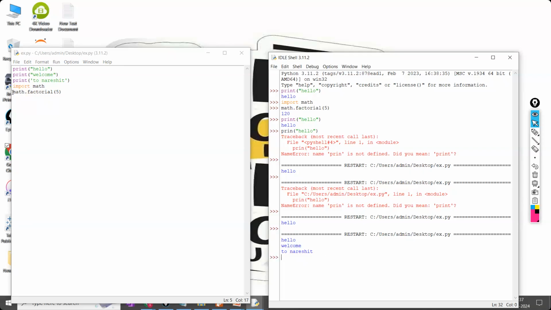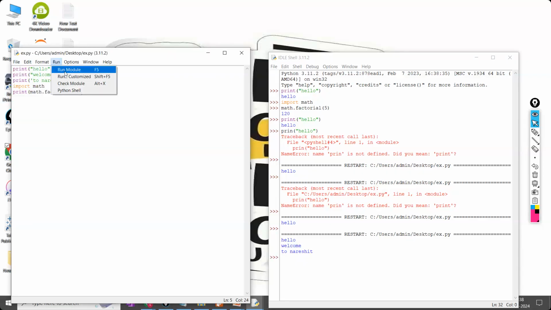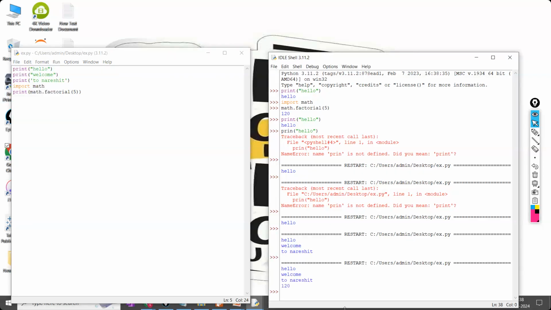Sir, last line, that is math.factorial of 5. It is calculated, but it is not printing. So how to get it printed? Just write this one also inside the print. You have to write this one also inside the print. Now, once you click on the save once again, every modification, if you click now, see,